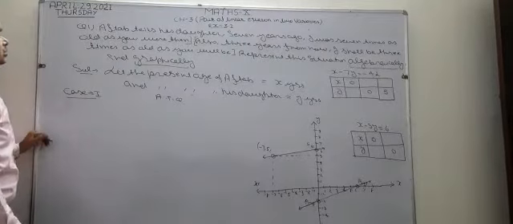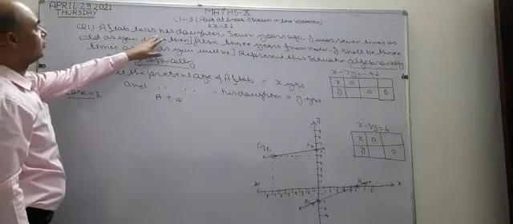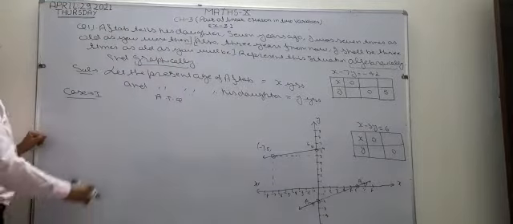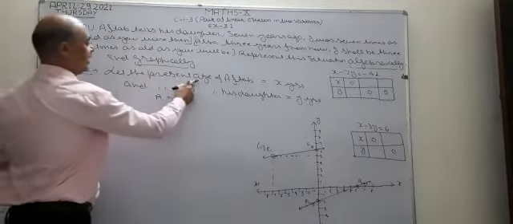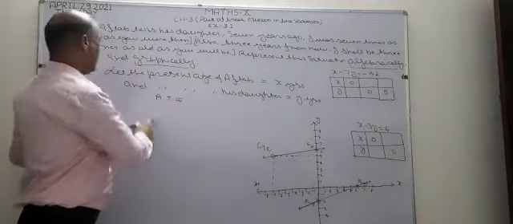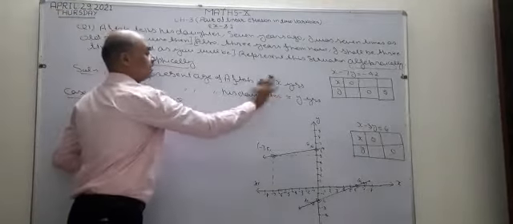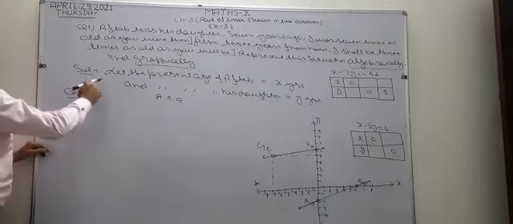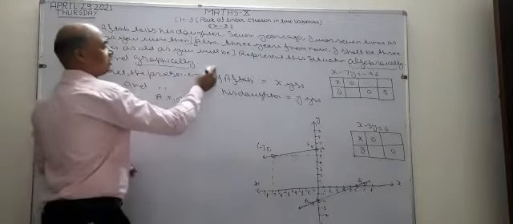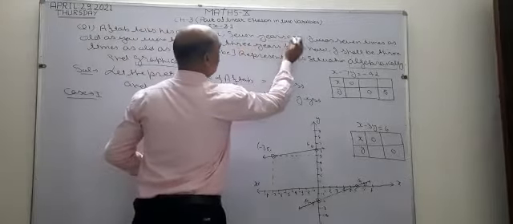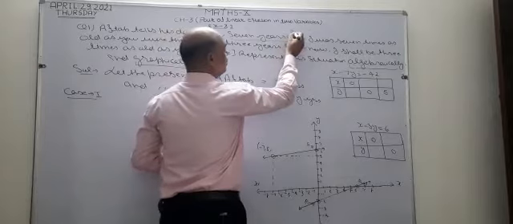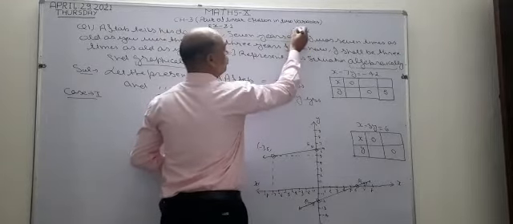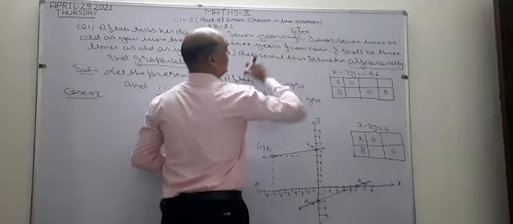Now, see. Since the ages of Aftab and his daughter are not given, what is the step? I am going to suppose let the present age of Aftab be x years and the present age of his daughter be y years. After that, write according to the question. I am going to discuss the first case. In the first case, it is given 7 years ago. What is the meaning of ago? Ago means before. When ago is given, we are going to subtract from the age.